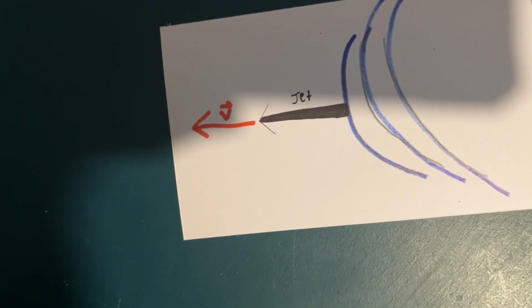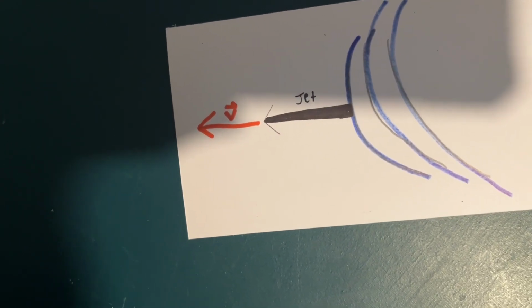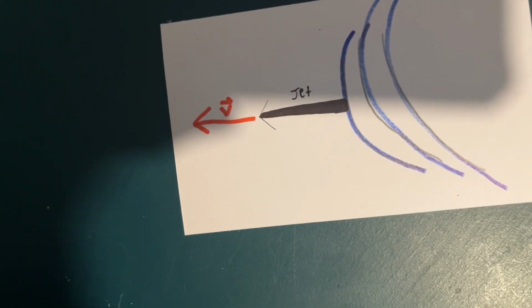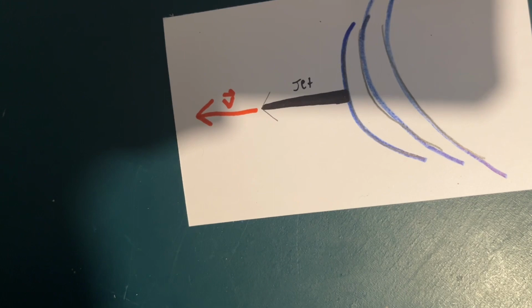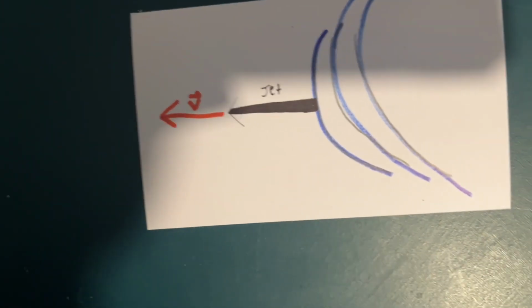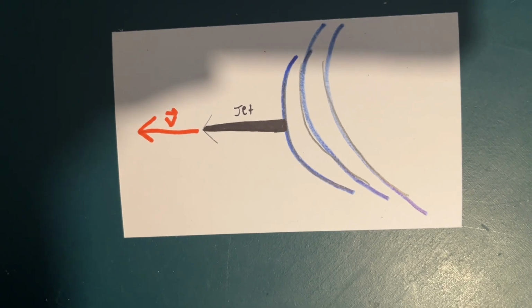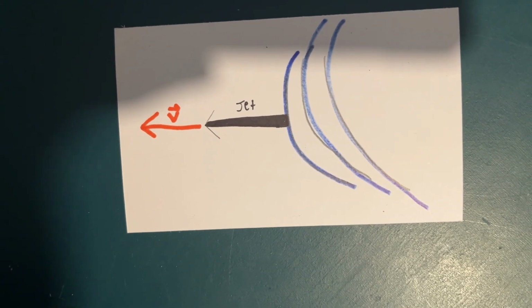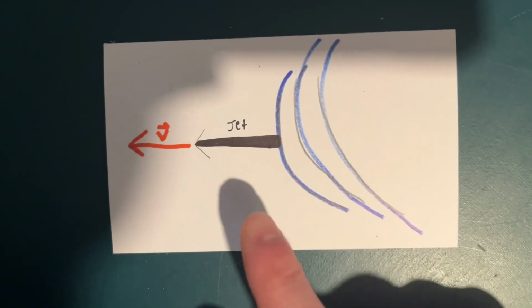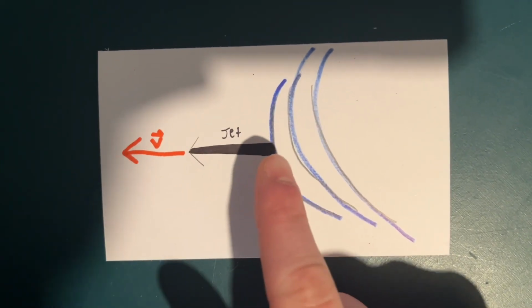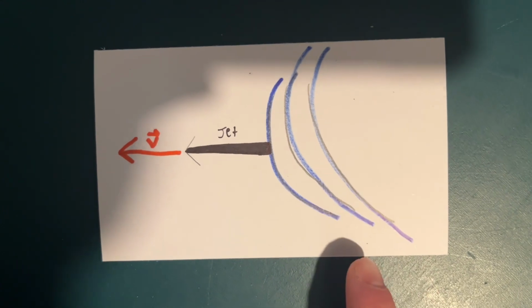And the thunder sound that comes from the sonic boom that is produced by the jet actually travels behind the jet itself. And if you've ever been to an air show, you notice that as a jet passes over you, if it is going supersonic, you don't hear it exactly when it passes over you, and more or less it sounds delayed. And in this diagram, it kind of represents that. As the jet is moving forward, the sound waves are actually traveling behind it,